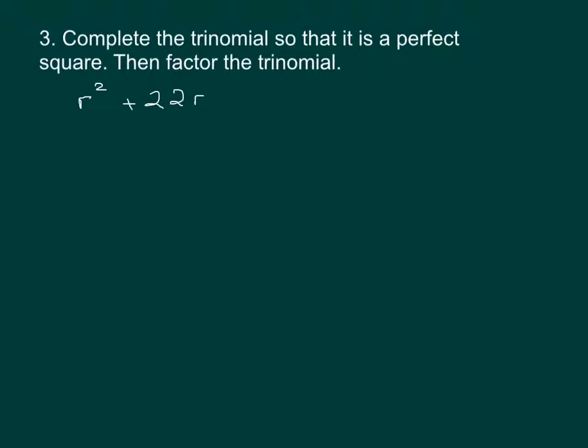Complete the trinomial so that it is the perfect square. Then factor the trinomial. On this problem, you found the numbers you needed to find, but you did not apply them correctly. So this is one of those problems where you half it and square it. So we take half of 22 and we get 11. We square 11 and we get 121. And 121 is the number that we are going to add to r squared plus 22r to get a